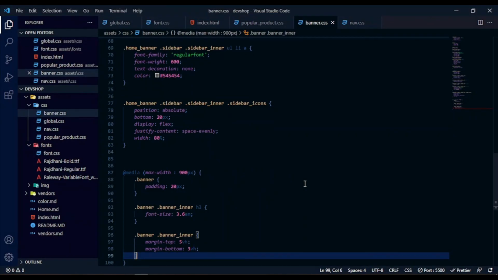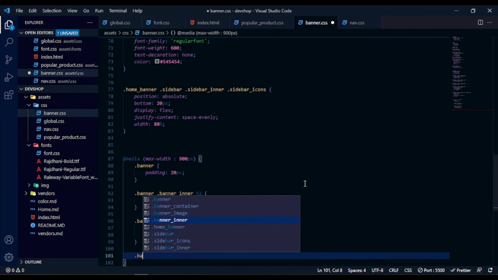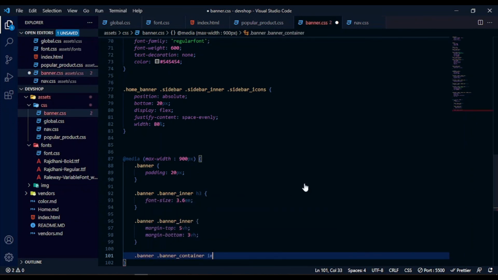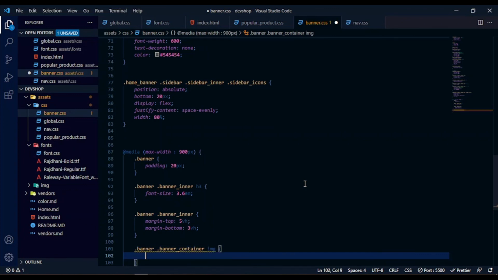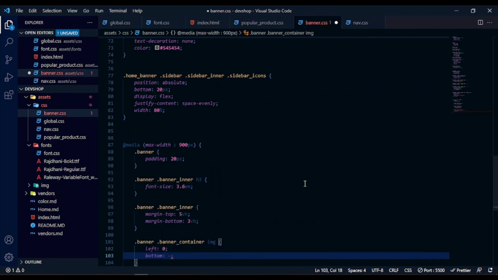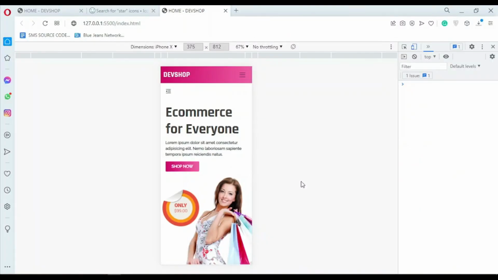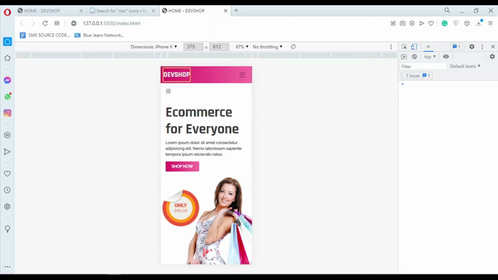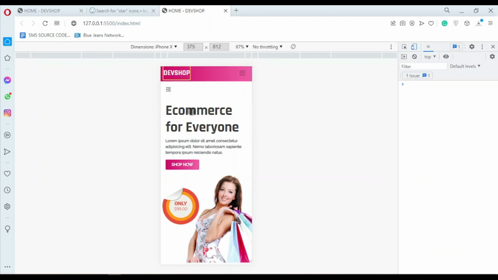So moving on, I will say banner, then I'm going to target the banner container, then the img should be left 0, bottom should be minus 200 pixels, so as to position it right in front of this girl right here. So if I check very well, so I think,